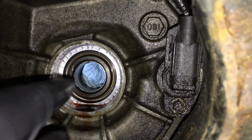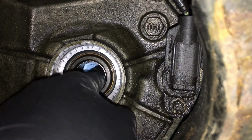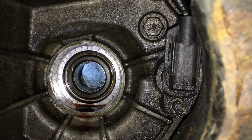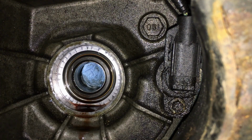And if there's any chips that go flying that way, of course, like I said, this is all captured inside of here. There's no holes, and then this will not allow it to go any further. When you pull it out, it's going to pull everything this way. Okay, so now we need to crush this in, and you can use like a small chisel or something like that,